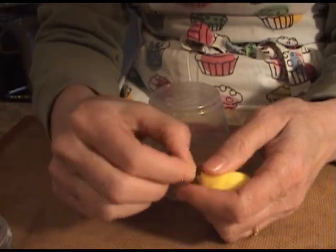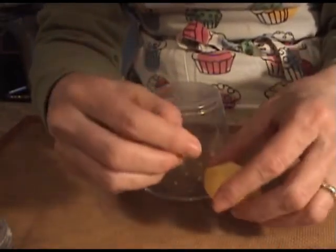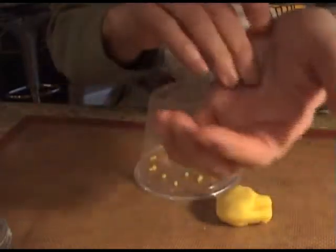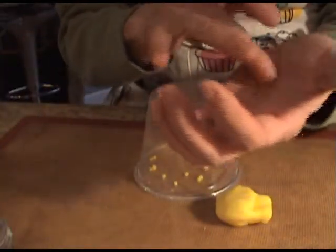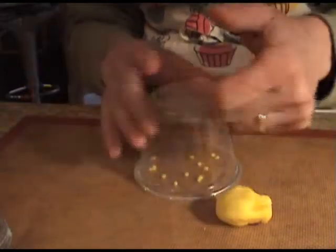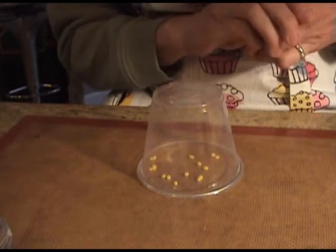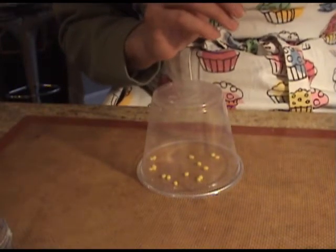How big are these seeds? If you look at lotus flowers, some of them are rather large sitting up on the pod, and some of them are very small. I tend to go for the smaller ones. So I just pinch off a little piece, roll it in the palm of my hand into a little ball shape, and you can see I've made a whole bunch of these here so that I'll have a choice of the shapes to use when I put them on my